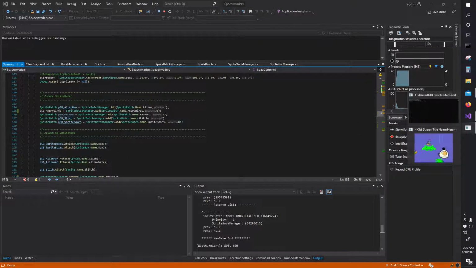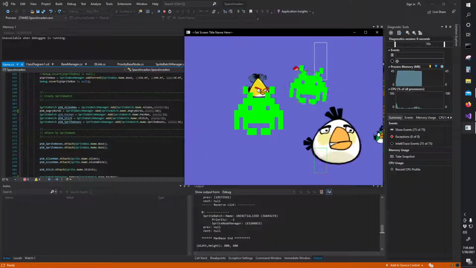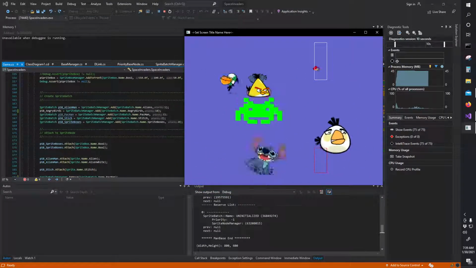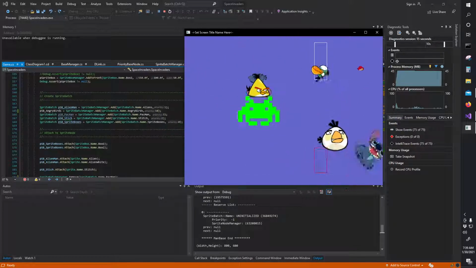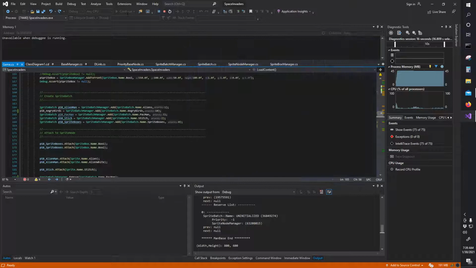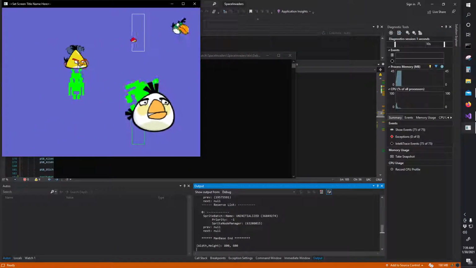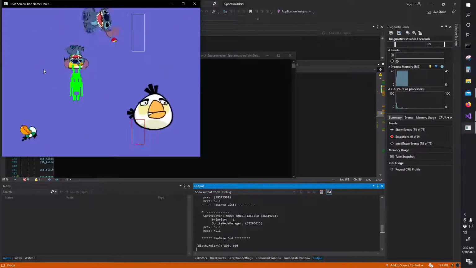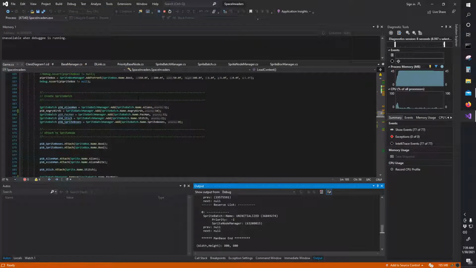So you can see right here that the priorities given are 1 for the aliens, 10 for the birds, 3 for, that one doesn't exist, 2 for Stitch, and then 1 for the sprite boxes. And if I go ahead and rerun the game, you can see right here that it starts with the bird and then switches to the Stitch and then switches back to the bird. And the way that's done is